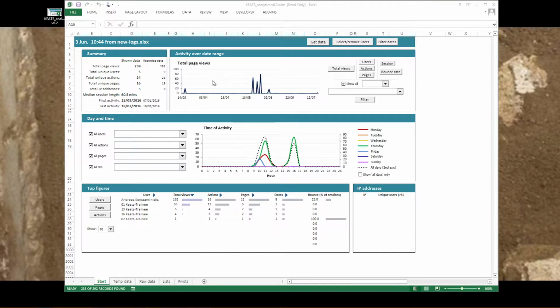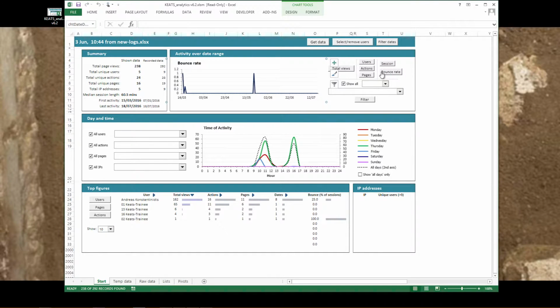Over on this side, I can see the activity over a specific date range, which is basically the date range that I have filtered since I filtered the dates. What I see are the total views, and I can see when I had the most activity inside my course space, on which dates. And obviously, within the context of teaching a module, this will make more sense to you. I can see the activity of unique users, so which dates had the most unique users access the space, and the same thing for actions and pages. I can see how the average session time fluctuates,